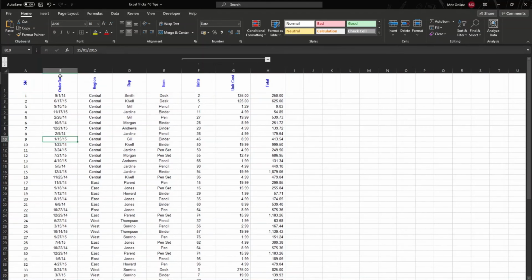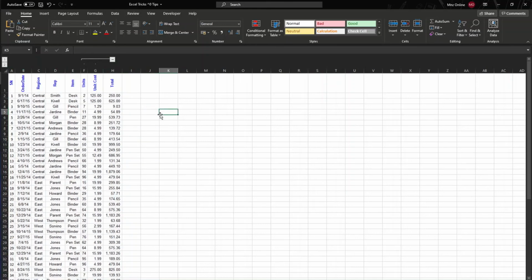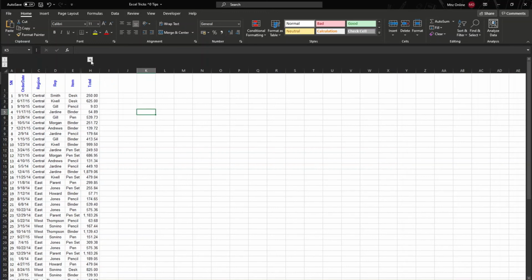Now see, the orientation of the text got changed. Now let me select the entire report and double click to adjust the width of the cells. See, I have saved a lot of space and my report has become very small. Now let me hide those two columns by clicking on the minus symbol there.